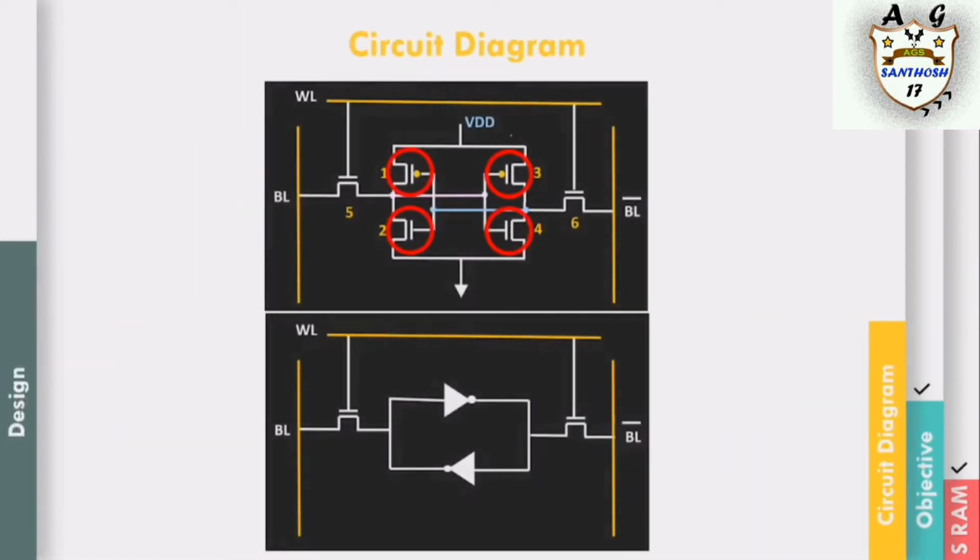The 4 transistors in the center form 2 cross-coupled inverters. Due to the feedback structure, a low input value on the first inverter will generate a high value on the second inverter, which amplifies and stores the low value on the second inverter and feeds back the low input value on the first inverter and vice versa.